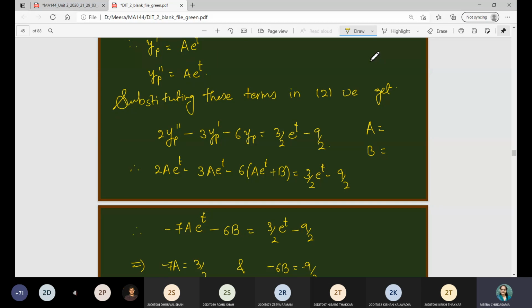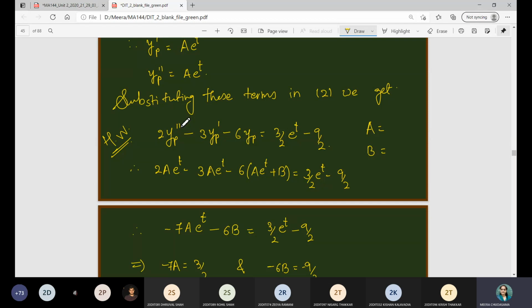Of course, where that table will not work, that is, if the functions on the right-hand side are neither exponential nor polynomial nor trigonometric, at that time this method will not be applicable. We have to go for variation of parameters. But since it involves integration, we will use it only when it is needed; otherwise we'll just go for the undetermined coefficients method. If you want, you can try in homework how this particular integral is found using variation of parameters.